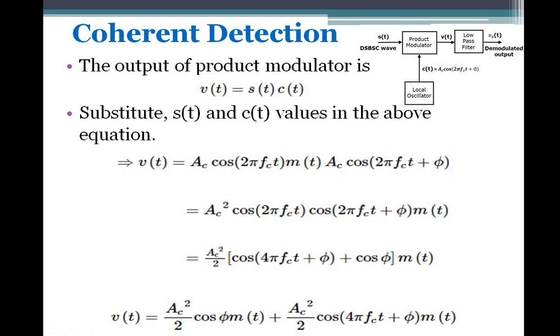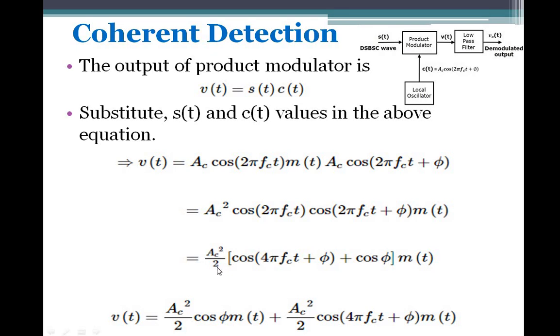Okay, is this correct? Now I will write this equation in the form of cos A into cos B. What is the formula for cos A cos B? Cos A cos B is nothing but cos (A plus B) by 2 plus cos (A minus B) by 2. I hope you people remember. I am repeating once again, cos A into cos B is equal to cos (A plus B) by 2 plus cos (A minus B) by 2. So what is the common term?